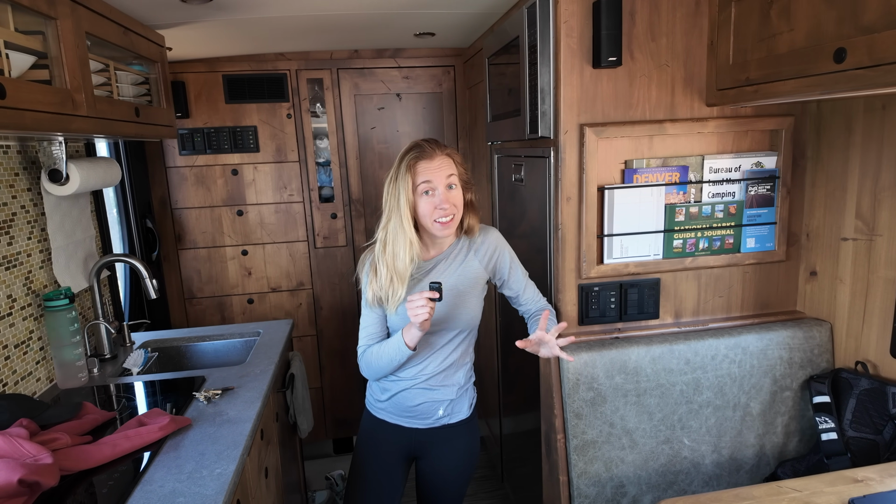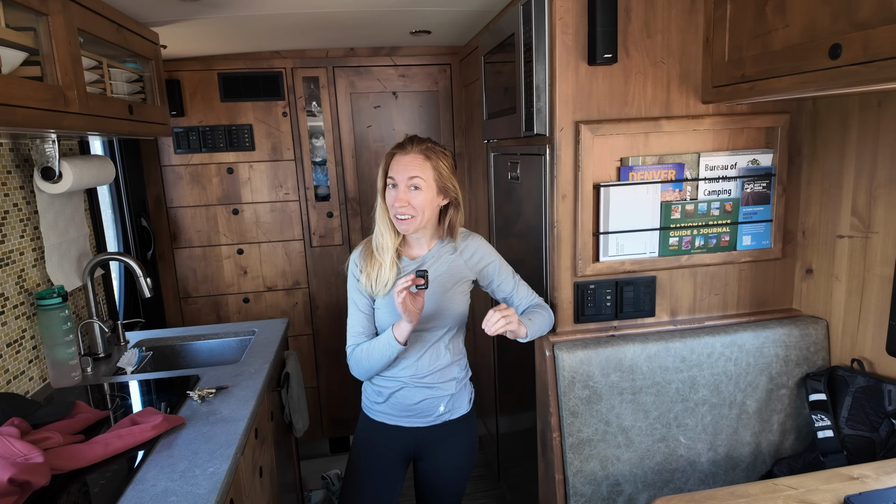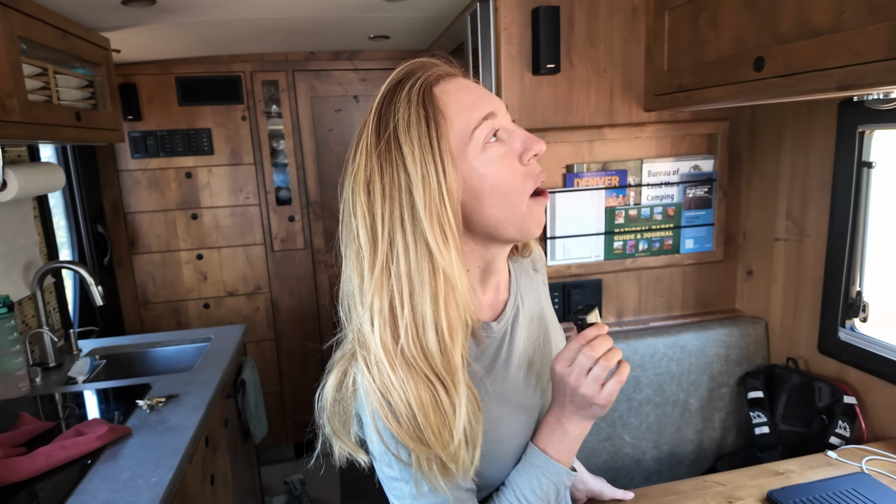One of the last things that we need to test out on this test trip is showering. Now we've done a lot of like body showers, quick things, rinses, soaping, but never have I washed my hair in the EarthRoamer. So we currently have about